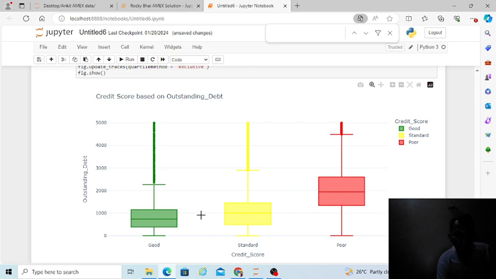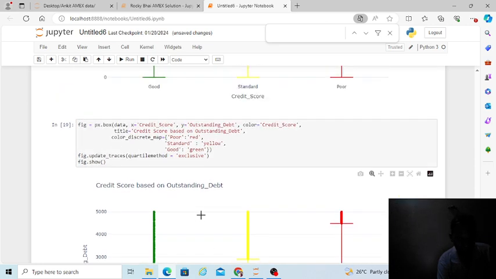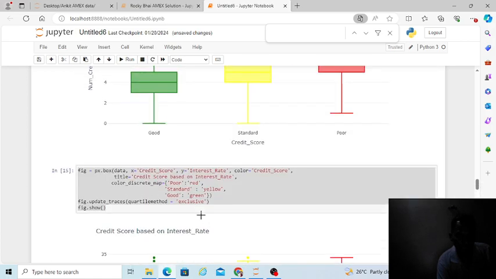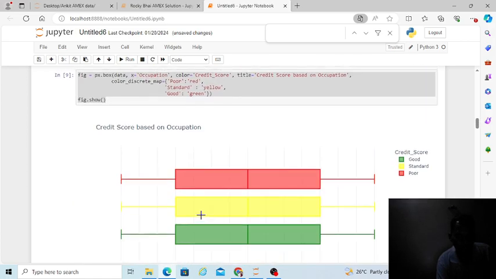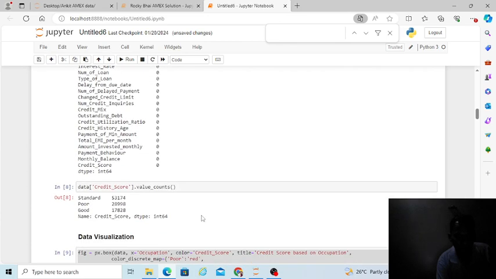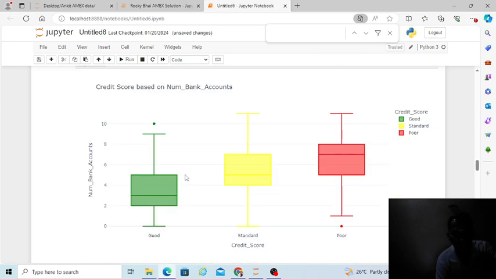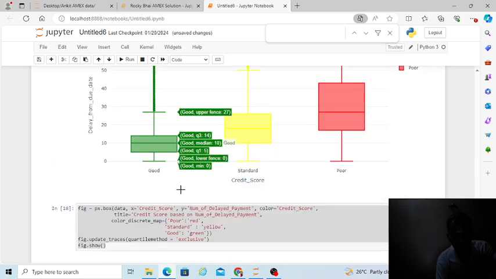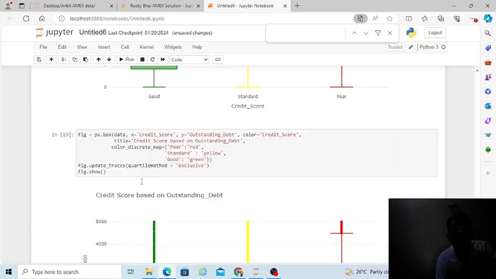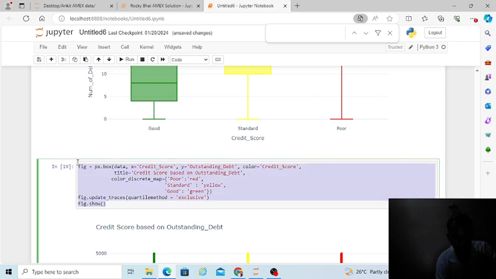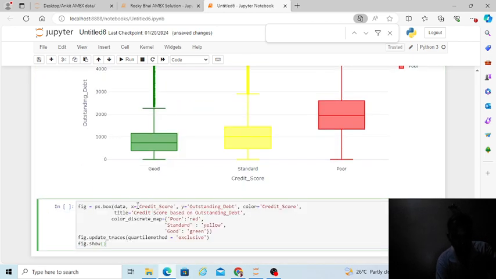People having more outstanding debt have poor credit worthiness. So lastly, we have checked many columns which will affect credit utilization ratio, history, age, payment of minimum amount, total EMI per month, and monthly balance. These two parameters will also have effect on credit worthiness. So one by one I will visualize both of them and try to plot the relationship,